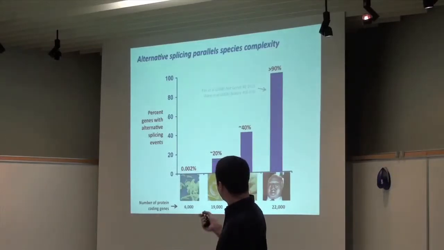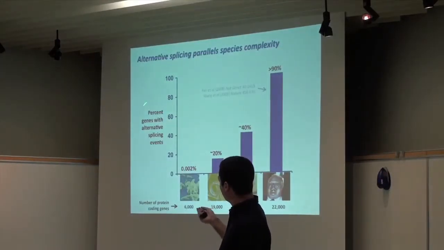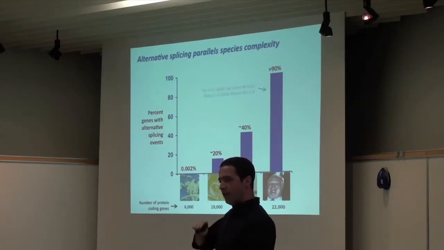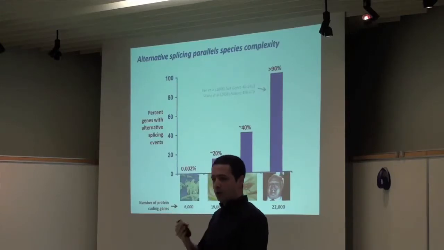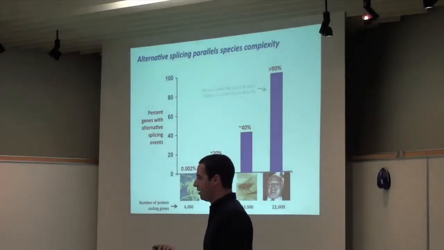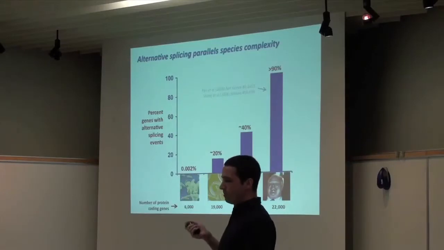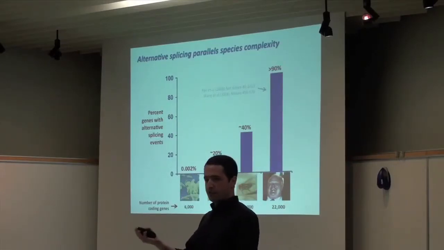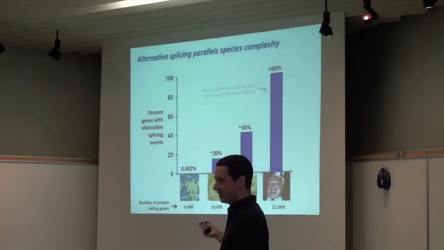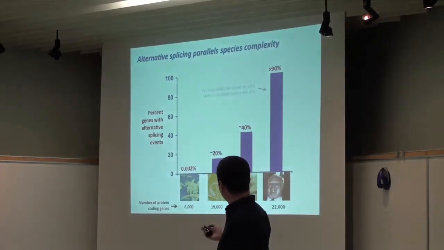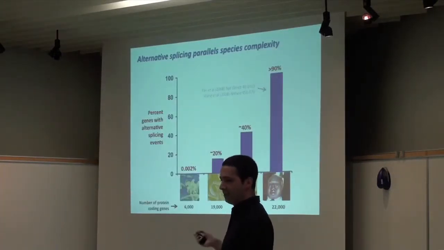The other reason why we think that alternative splicing might provide a good source of phenotypic difference between species is that when you quantify the percentage of genes that undergo alternative splicing in the different species, you see a sort of correlation with what you would call complexity. In vertebrates, most of the multi-exonic genes undergo alternative splicing, and that's not the case for simpler organisms. So for the fans of Ford, it's okay. Ford is more complex than a worm, it's fine.